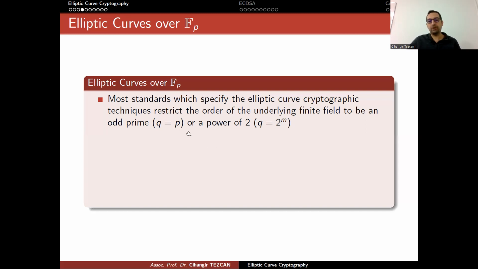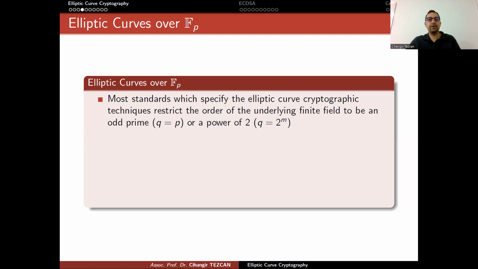So in other words, you can either choose a prime P, a very large prime P, or you can choose 2 to the power m, where m is somewhat large. What we are trying to say is that in practice, you can also use something like this. Instead of choosing a large prime or a power of 2, you can choose something like 5 to the power n. But this would complicate things, because this way we can have a lot of different elliptic